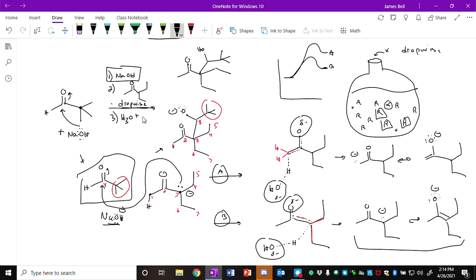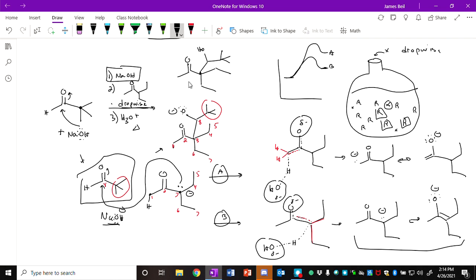If in step 3 I had added heat with the H3O plus, that would have made this more likely to leave. But since there's no proton here left to remove and create a pi bond, I wouldn't expect to see the alpha beta unsaturation. So if there were, instead of having 2 alpha groups here, if there were a proton here,